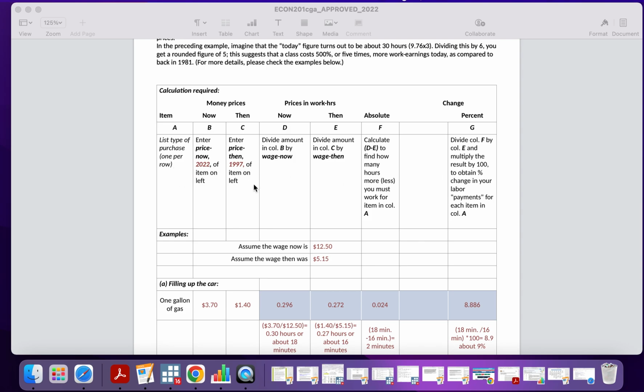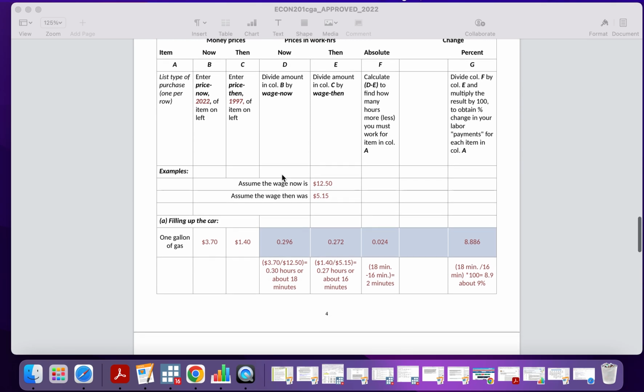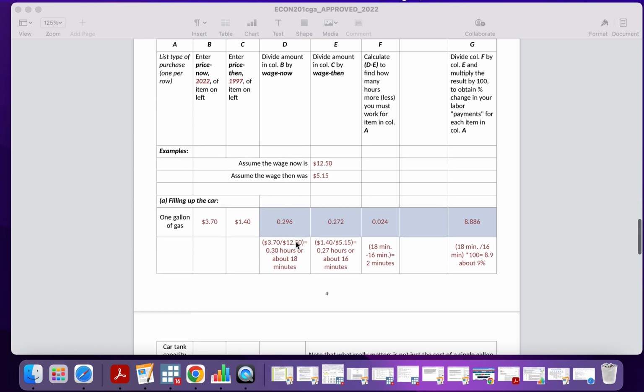table are the things you're going to list for each column. So you're going to list the price back then and the price now. You're going to list the wage back then and the wage now. They're listed here. You're going to divide those things, and what that will tell you is how long you had to work for a gallon of gas then versus how long you have to work for a gallon of gas